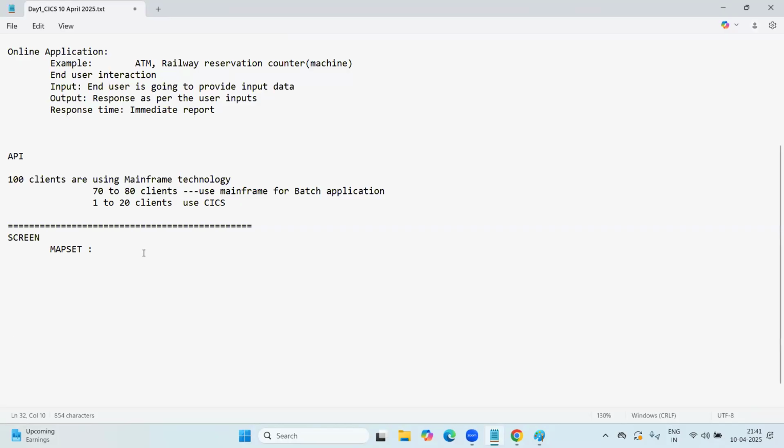Okay. So, let's discuss. A map set is a collection of maps. We have something called a map, a collection of fields. There is something called a field. We have BMS macros to develop the screens. If you want to develop the screens, we can use DFH macros. We can design the screen by writing the code,